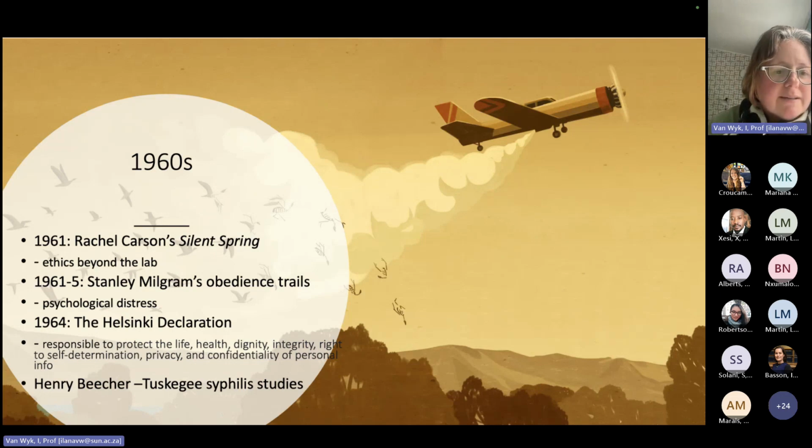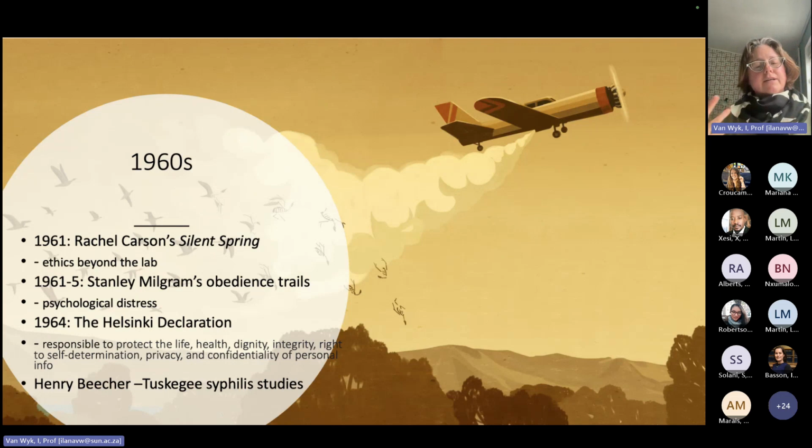1961 to 65, we had Stanley Milgram's obedience trials, in which he, a psychologist, got a number of students together, and he divided them into groups of patients and doctors, if you want, but he didn't call them that. But he would strap what I call a patient in, with a dividing glass between them, and would tell the doctor, or sometimes they were also called